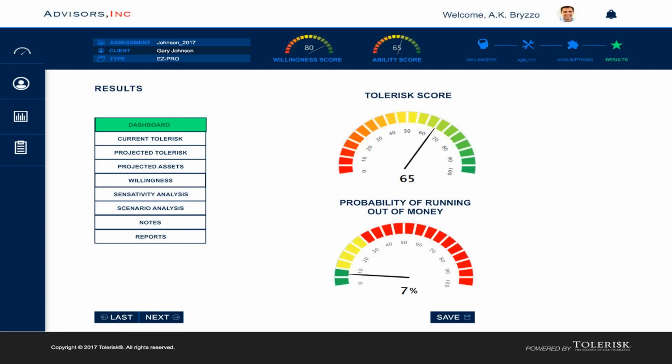So in this example, we show that the probability of running out of money is 7%. If that probability had been 47%, then advisors and clients alike would generally agree that that is probably not an acceptable or realistic situation. So rather than provide advice based on that, the advisor is going to counsel that client,